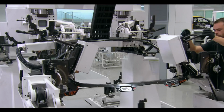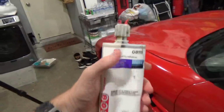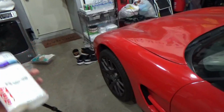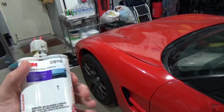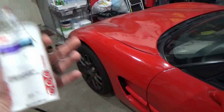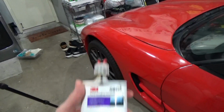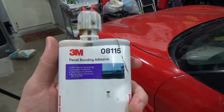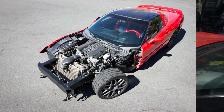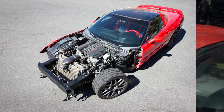But the area of the car that I would recommend using this for, and some of these materials can be used in different areas, depending on what you're trying to do with the repair. So, this isn't set in stone, what I'm telling you, but I'm just telling you how I used it and had great success with it. So I used the panel bond adhesive when I needed to rebond a new inner fender or wheel well on